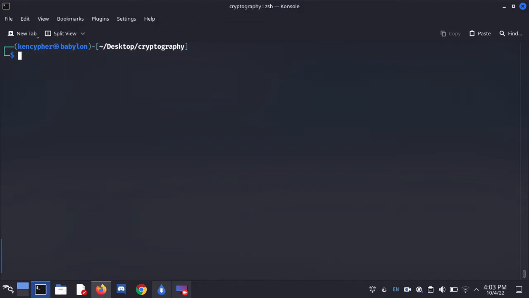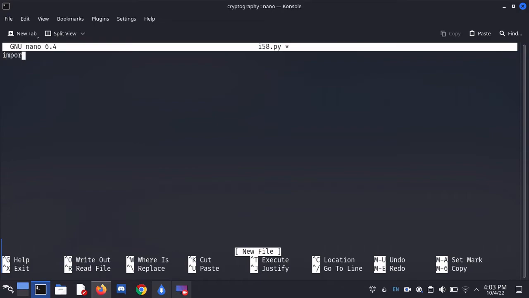So let's just nano, let's call it i58.py, and import base58. We're gonna do the same stuff but with a different library. So encoded_str equals base58. Base58 can only encode and decode base 58, so don't try anything else with it. So I'm gonna say no, enough of this hello there. I'm just gonna say